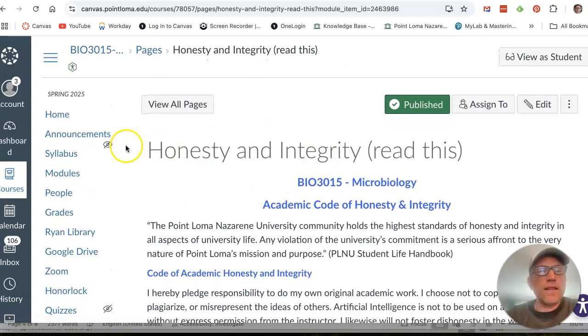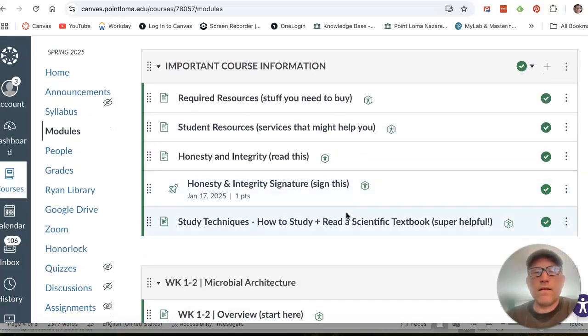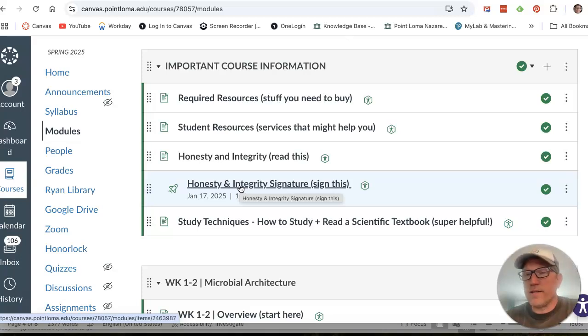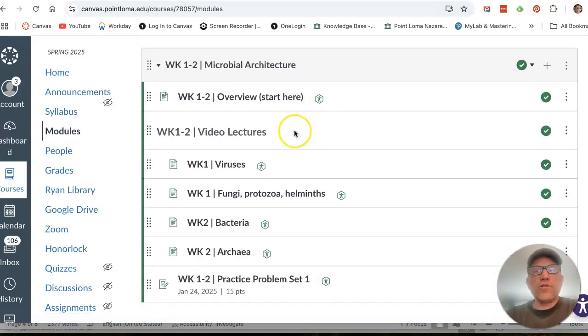So check all this out, read this, and then sometime before the first Friday, the 17th, just sign your name to this. It's worth a point, your first point in the class, easy. But it just confirms that you've read it and you agree to these terms. So please check all those things out. All right, I'm only going to show you one of the